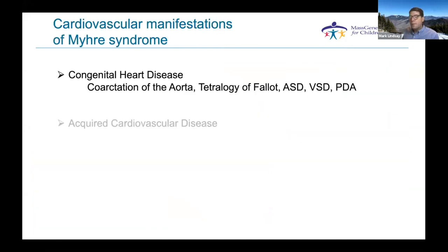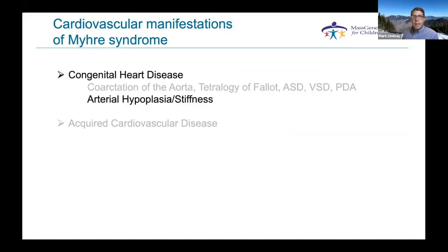So those are some of the congenital malformations that we see in Myhre syndrome. The next thing that we see on a congenital basis is also an arterial hypoplasia, and also an accompanying stiffness of the arteries. This is separate from a discrete coarctation in that this hypoplasia seems to be quite widespread throughout